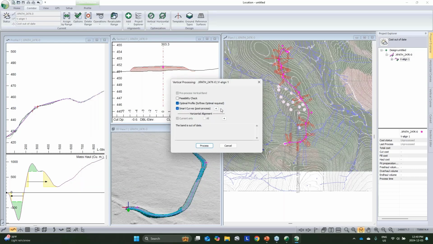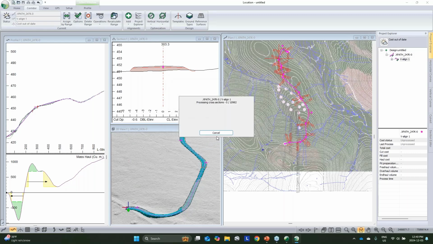And here we can make some adjustments. So smart curves is going to allow us to remove curves that are insignificant, that may not be the absolute cheapest solution, but they are insignificant in terms of cost. And by removing them, we make for a simpler alignment. So the bigger the number you go with here, the simpler the geometry of the road will be, but it'll come at an offset of some costs, usually a trivial amount. So we'll hit process,